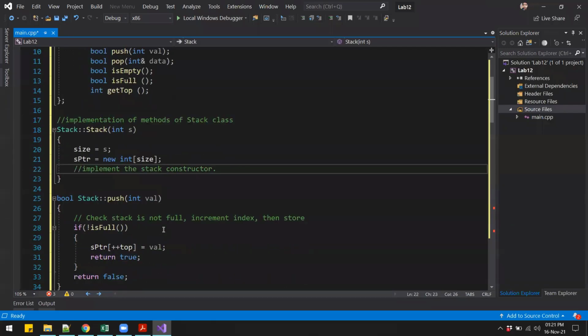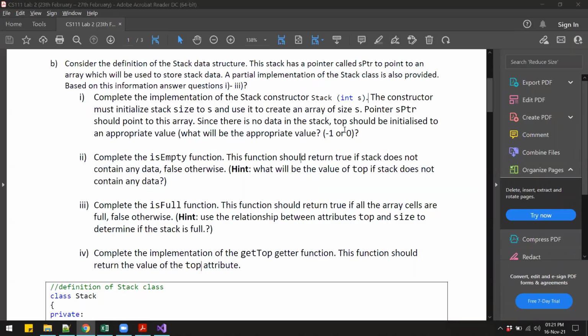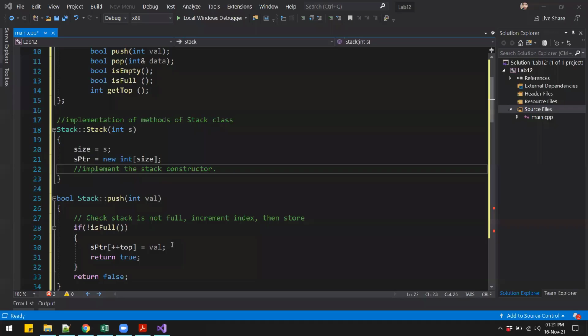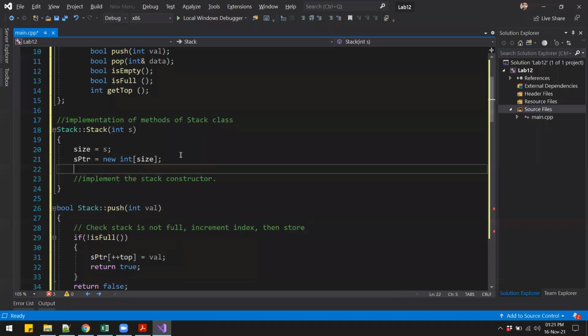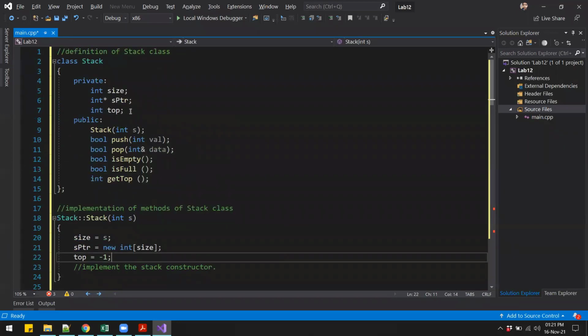So that is done. And we can also initialize the top to -1 as we have discussed over here. So I'll say top is equal to -1. Why -1? Because currently there are no elements in our stack. So we have initialized all these three variables: size, sptr, and top.